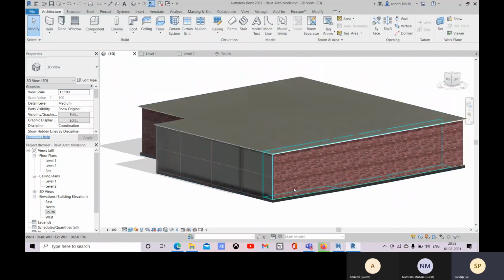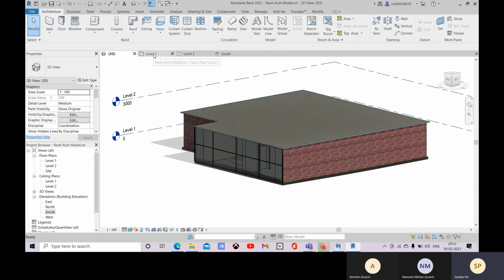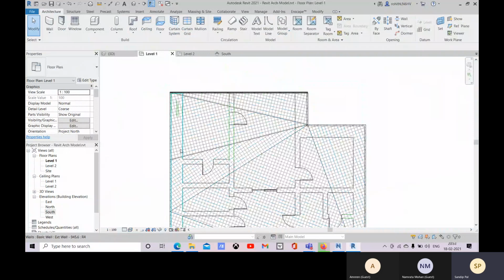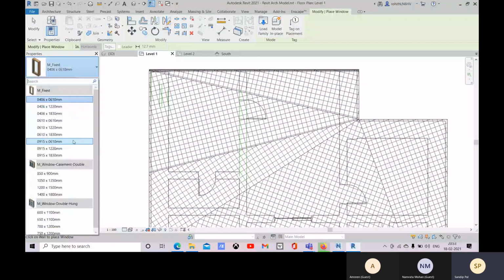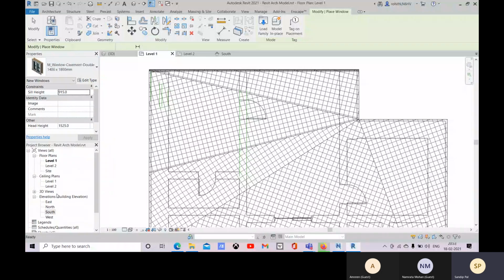Now next about placing your window. It's simple like door or window. Now go to level 1 and then place your windows. It's placing like the same. Go with the window and then you choose the right window. So let's go with this window and then you can place this window over there.